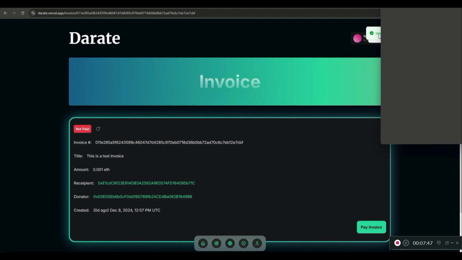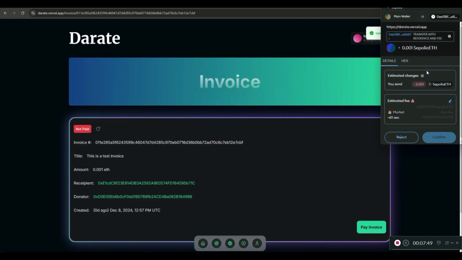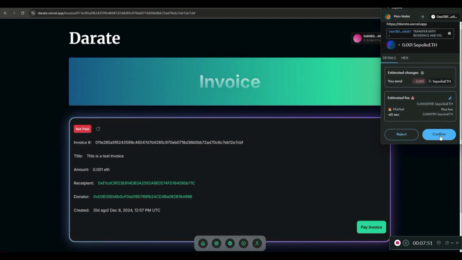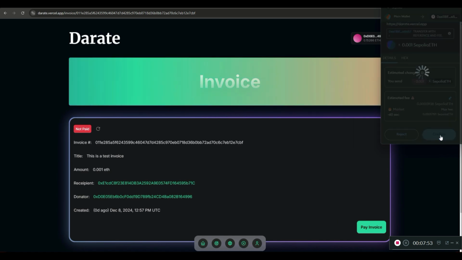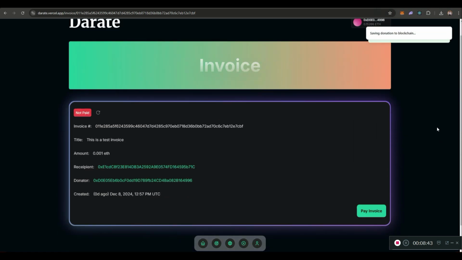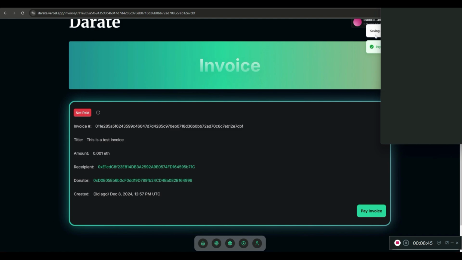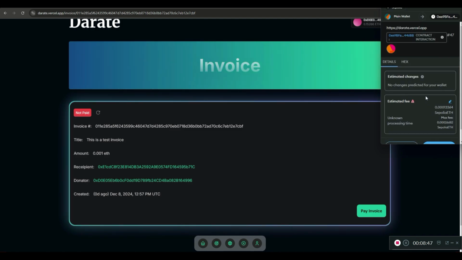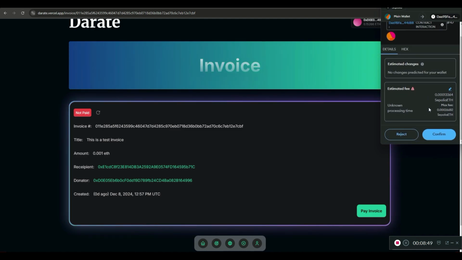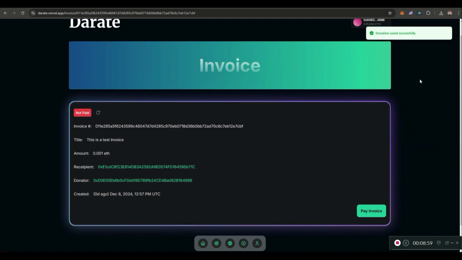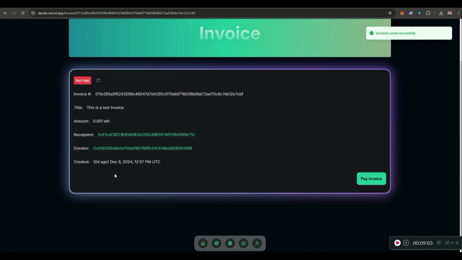So the user has sufficient funds to pay for the invoice, and then we'll pay the invoice. After a little time, you'll be prompted to save the transaction hash, so that I can always see the transaction hash anytime you view your invoice, to be able to view it on the blockchain on the scan. So let's confirm. So we have saved the transaction hash, and after a little time we'll see our transaction hash